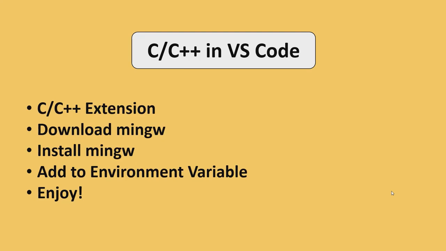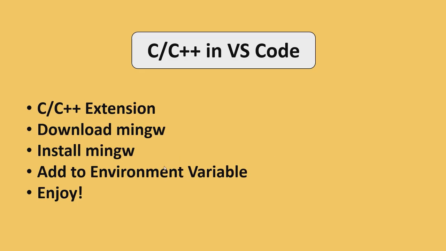Today we are going to see how we can run C or C++ program in VS Code editor. I have used Sublime, Atom, Vim, VS Code, and amongst all, I found that VS Code is like the most powerful one. It is having a large set of extensions. It is also very flexible. So let's try to run C++ program in VS Code.